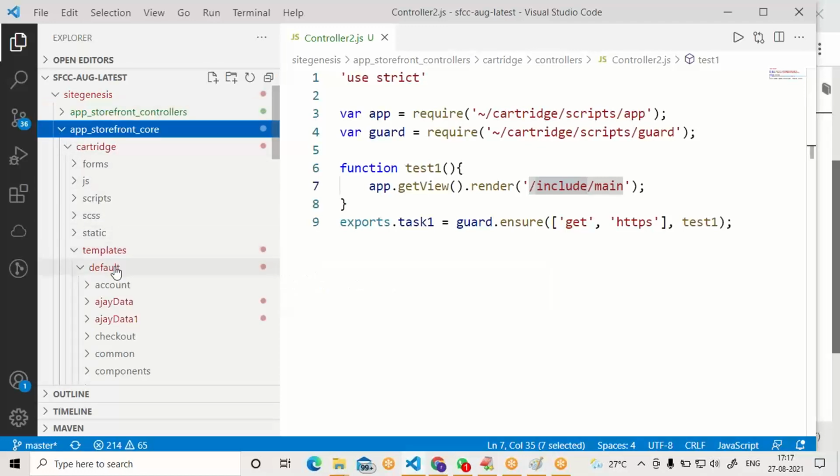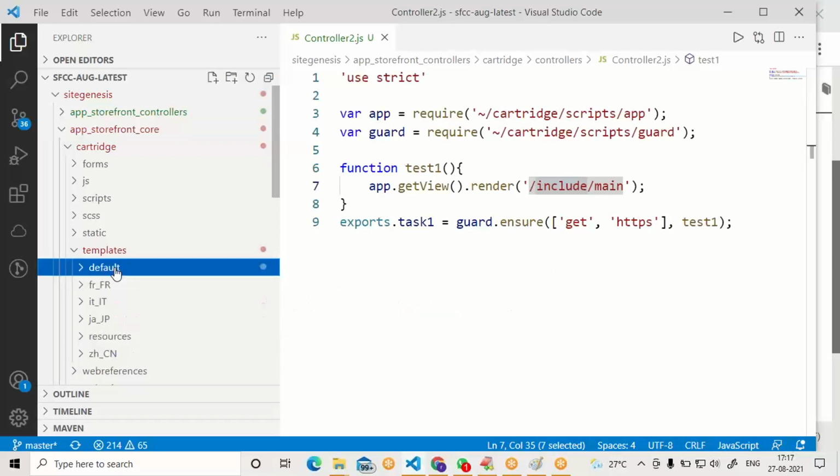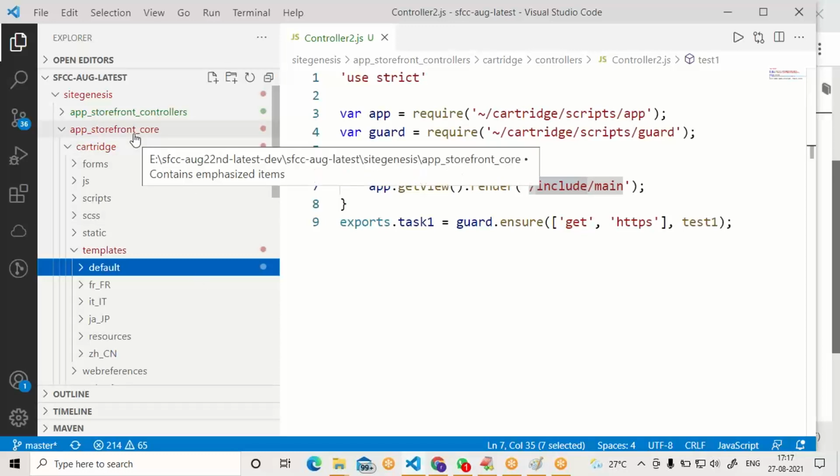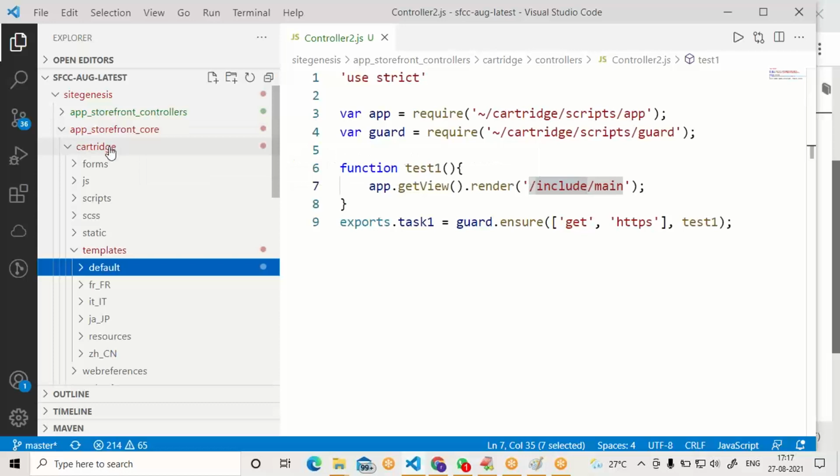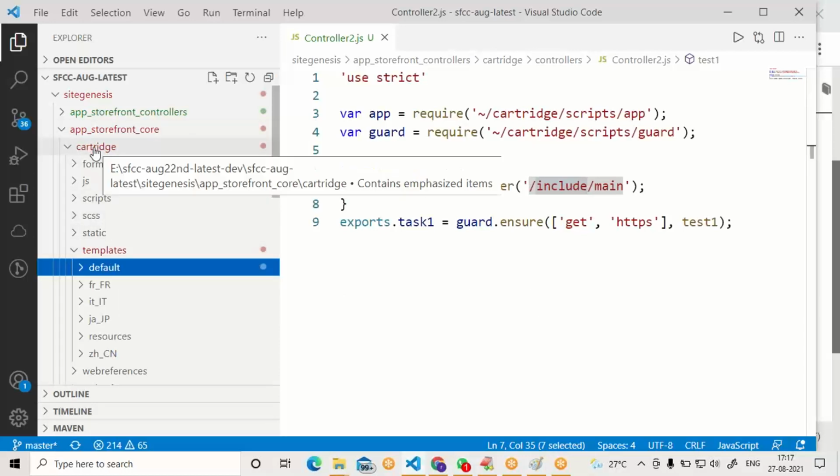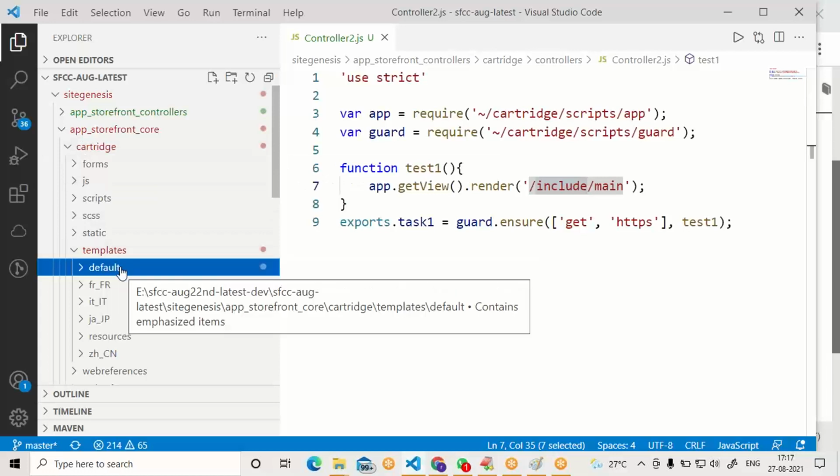Inside the template default, please observe this is the location where you have to develop include. In the storefront core cartridge template, then default.